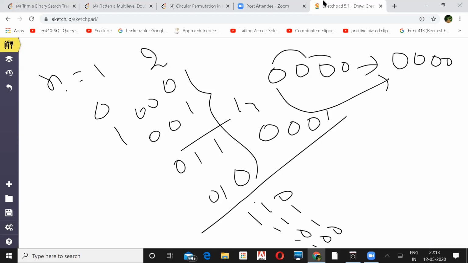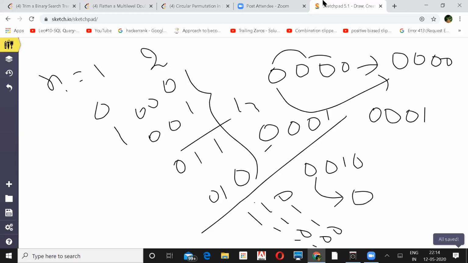So initially this bit will be the same. Next bit will be the XOR of these two, 0. Third bit will be the XOR of these two, because they are same, again 0. And this will be the XOR of 1 and 0, since the numbers are different, so you'll have 1. Or if you go for 2, it will be like 0 0. This is the binary for 2, right? And in gray, 0 will be as it is, then again this 0 will be as it is, 1 0 will be 1, and 1 0 will be 1. This is the gray, binary to gray.